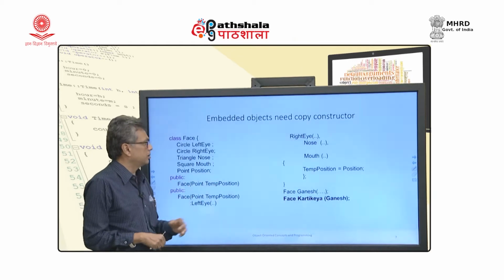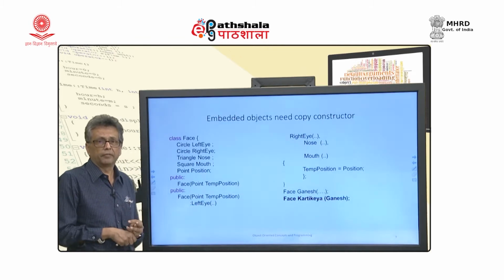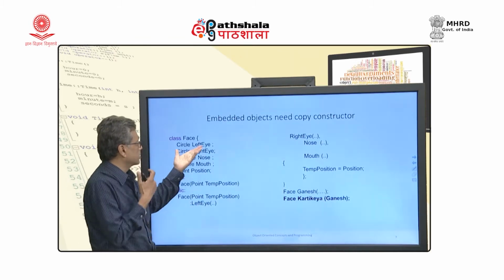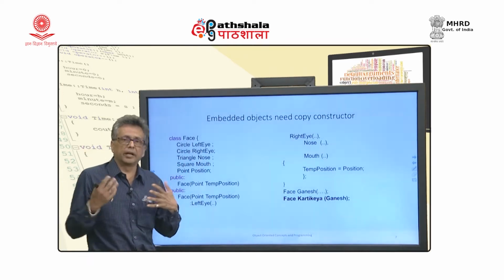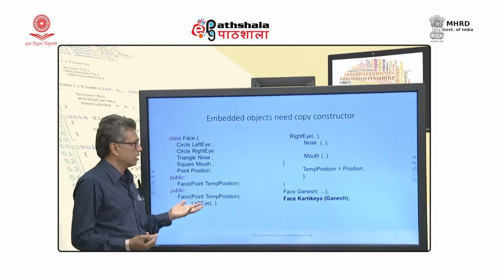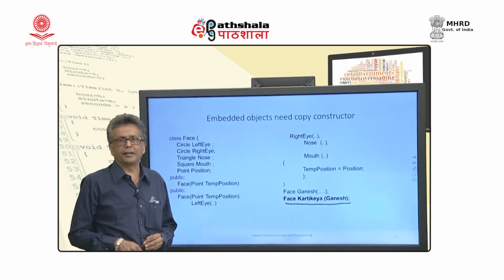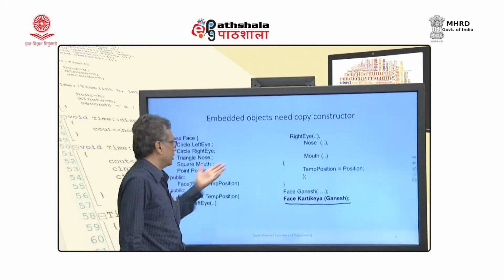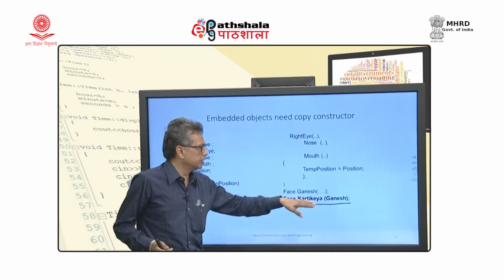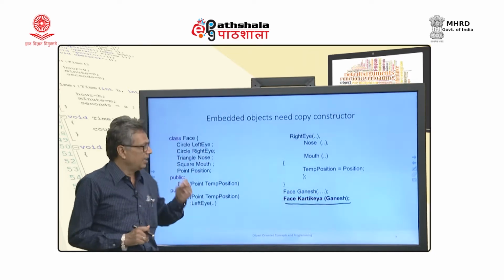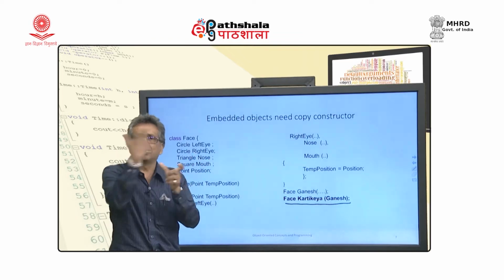The second case is an embedded object, like we have seen before. Assume that I have a face with a default constructor and copy constructor already defined, the copy constructor for all the elements already defined. I will have to have the copy constructor generated or provided, constructed by the compiler. This kind of statement demands that kind of copy constructor, because the items cannot be copied directly. If I exhibit bitwise copy semantics, everything which is there in Ganesh is copied to Karthikeya like this, it is not going to work, because every object has its own copy constructor. You can't just copy a circle into another circle as it is.